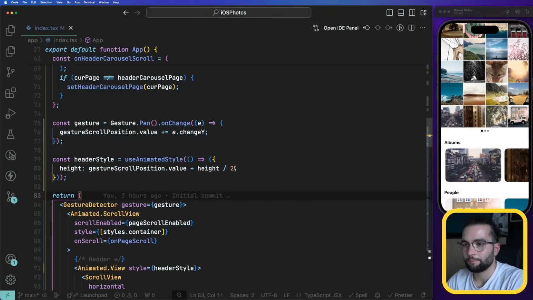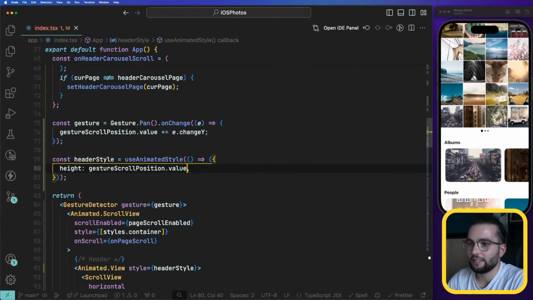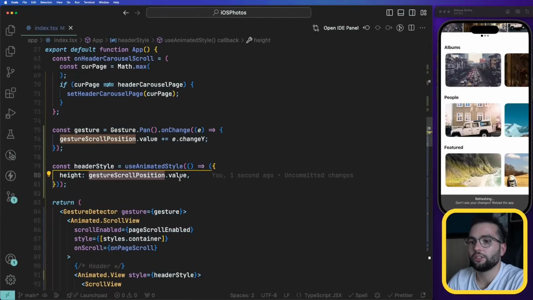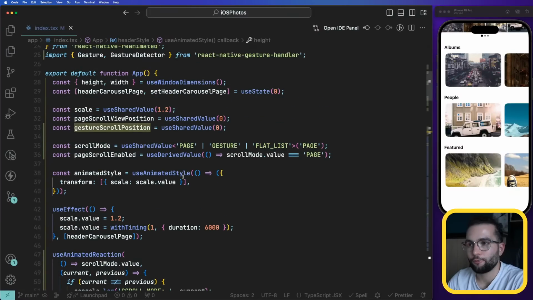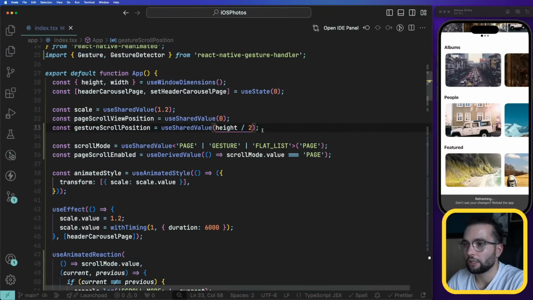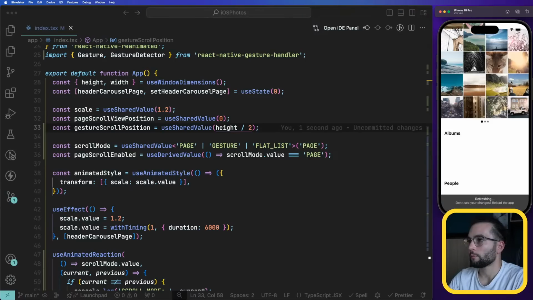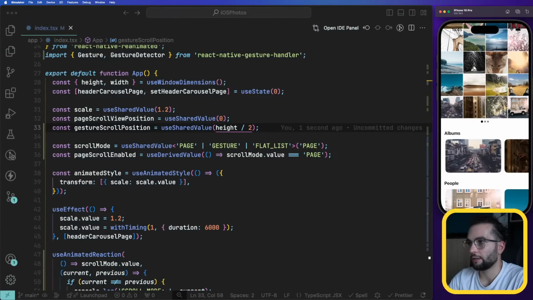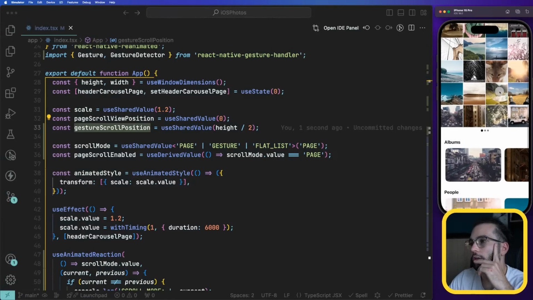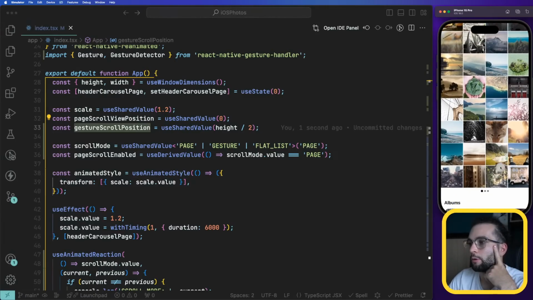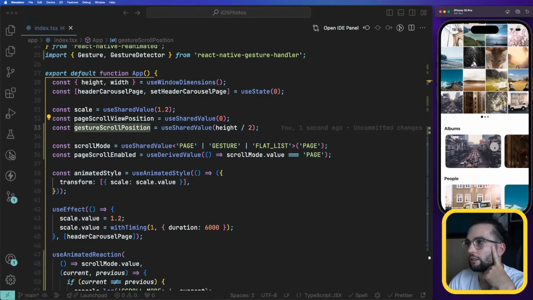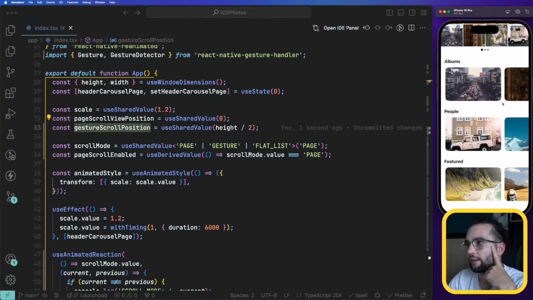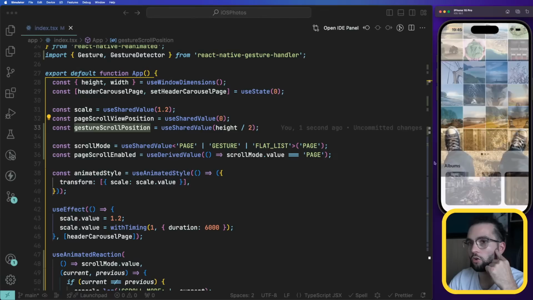Or should we not add it here but include it in the gesture scroll position? I think it's going to make more sense if we include it there. It's included there, but we will keep track of it like this. I don't know which one is going to be easier for us, but both are going to work. So now I can move back and forth depending on the